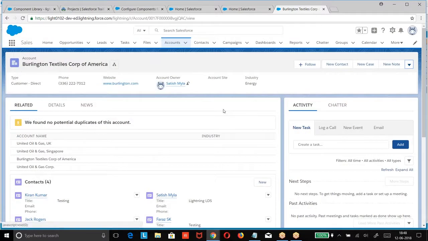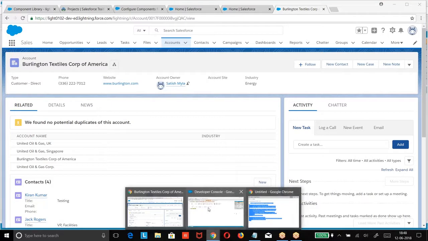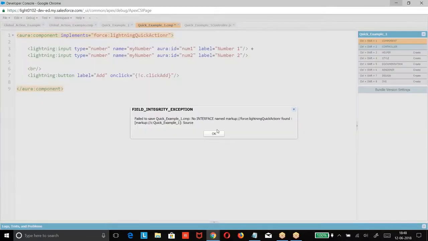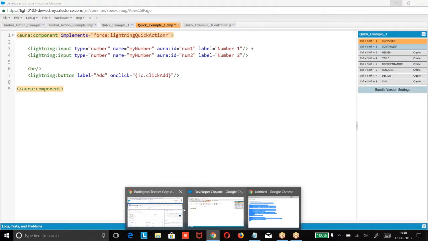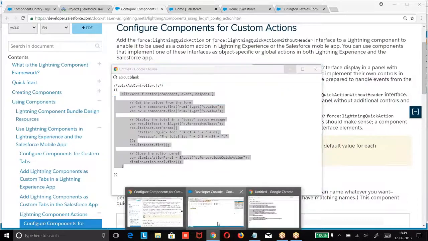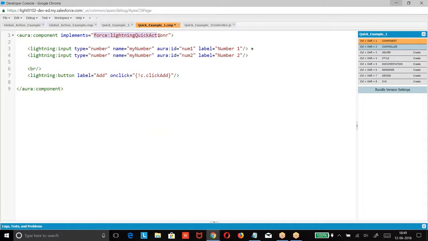Right? We are closing on the close part. But here, if I give only quickAction, what is happening? If I give this, now when I click on the Cancel button, the quick action should be closed.